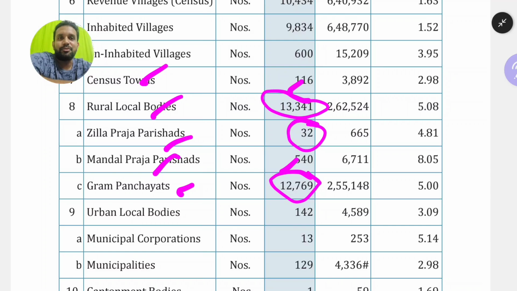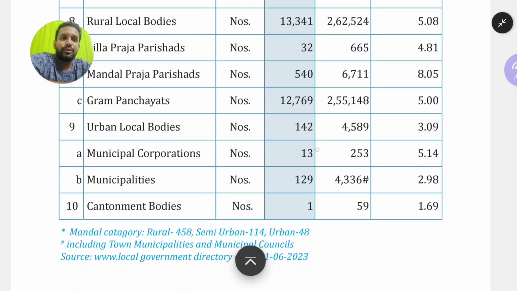Hyderabad is having GHMC, so Hyderabad does not come into Zilla Parishad. That is the reason we are having 32 districts here. Okay, 32 Zilla Parishads. Now urban local bodies